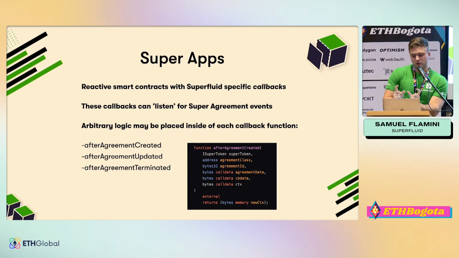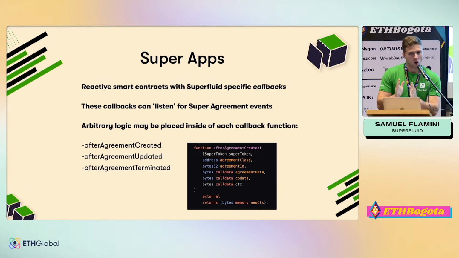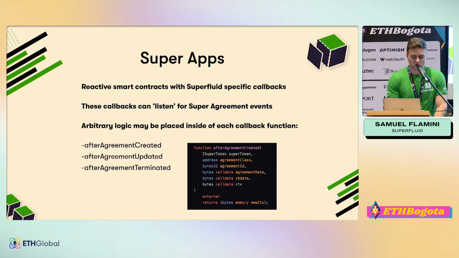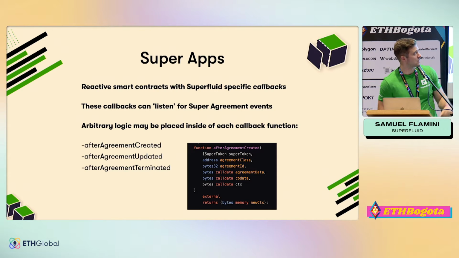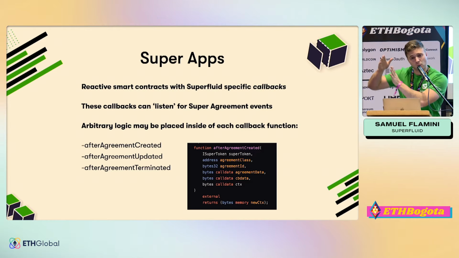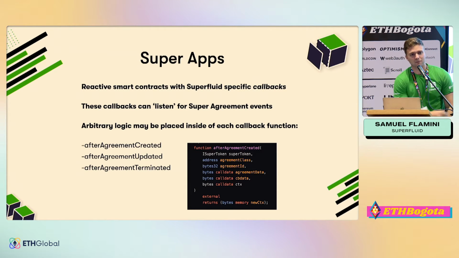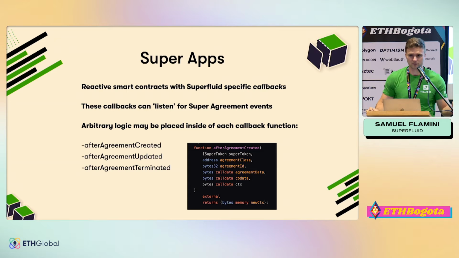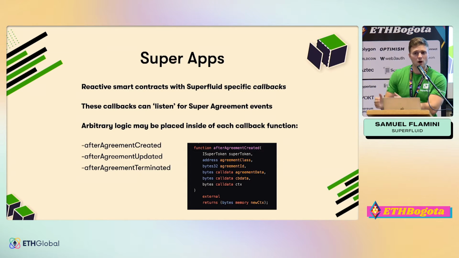But to understand these, you have to keep in mind that all of these callbacks, this after agreement created thing you see in the bottom right, are called by the Superfluid host contract, because when you deploy a super app, you just register it with that host contract, which is the brain of the protocol, right? So that the host contract will know, hey, this contract that is a super app is receiving tokens, call this function with your arbitrary logic in it to do something else cool, right? So again, there are lots of super apps deployed right now, and they all do different things.